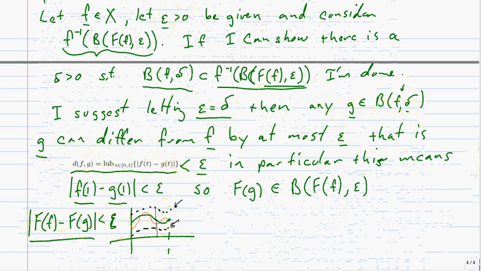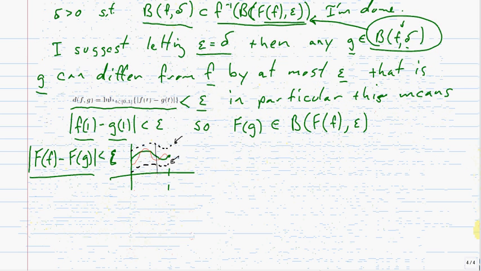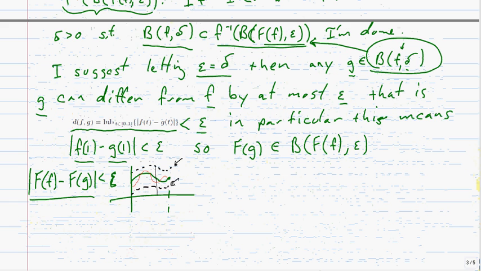It's equivalent to saying that this epsilon ball here is contained in this pre-image. Now that's not quite totally the formal proof, but it should get you started thinking, or at least give you some grist to start asking me questions about it. I want to do one more quick